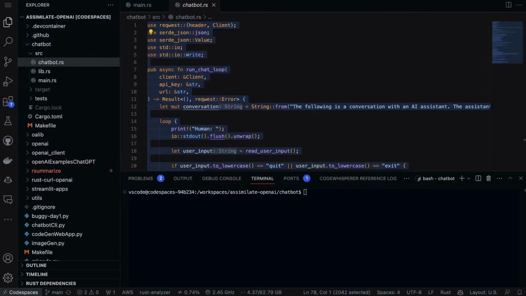Here we have a chatbot that is built using some of the nice libraries that you can use with the Rust language. This code implements a conversational chat loop with an AI assistant. In this particular example, it uses the OpenAI API, but really the code can be used with any large language model. If we take a look at what it's going to do, it's going to enter a loop asking for